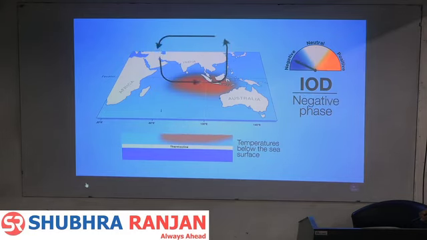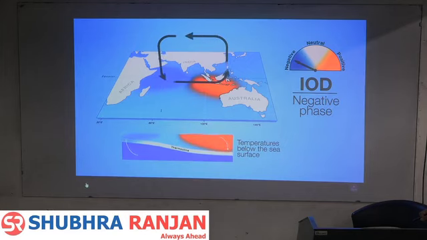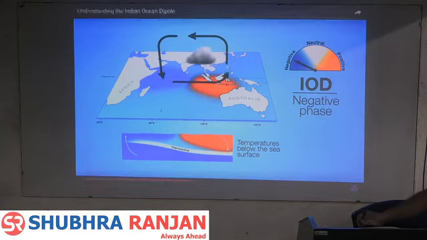During a negative phase, westerly winds intensify, allowing warmer waters to concentrate near Australia. These stronger winds also mean it's harder for cool water to rise up from the deep near Indonesia. As these warmer waters move east, the cloud